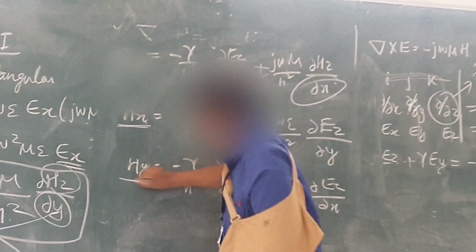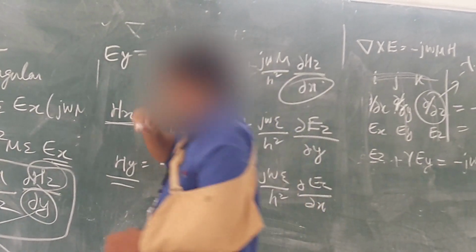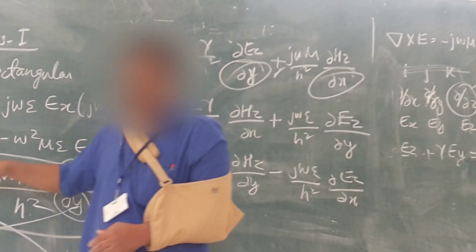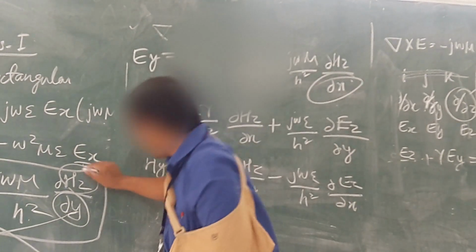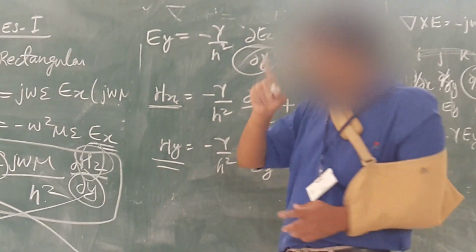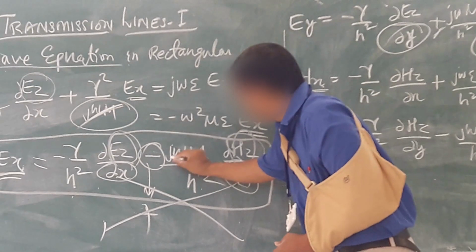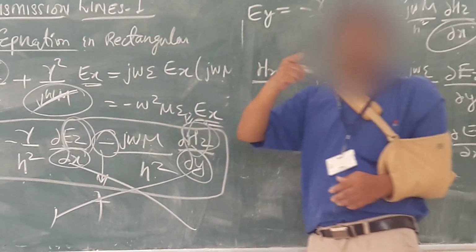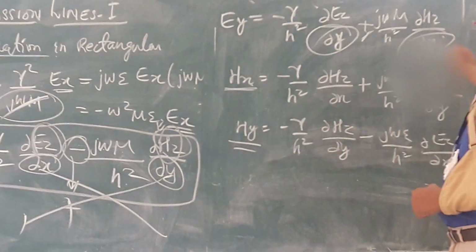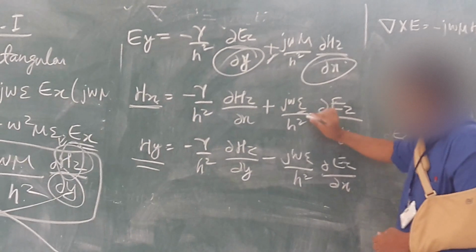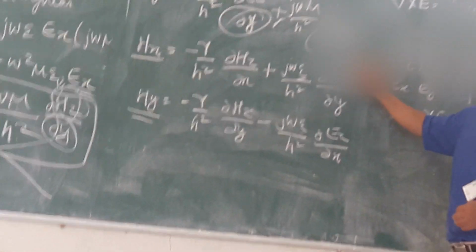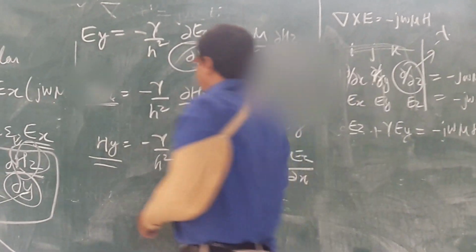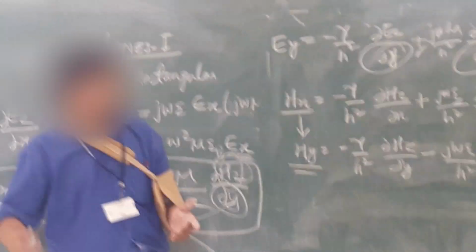Now when we are going for your Hx and Hy, here what is happening is that your Ez component will be replaced with your Hz component, and Hz component will be replaced with your Ez component. You are having j omega mu for your H, but when it is your E term, there you are having j omega epsilon, because you are having the E term. So here you are having minus, here you are having plus. And similarly from here to here when you are going, same.